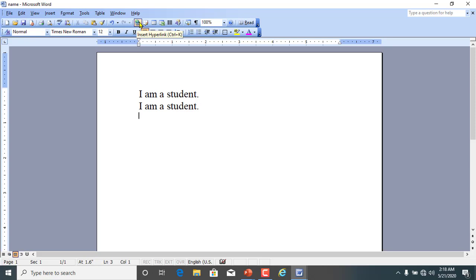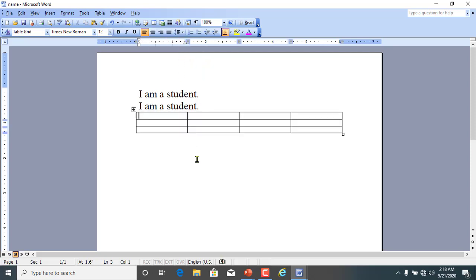In the same way, you can use this insert hyperlink icon and then you can use the insert table icon, and you can see that different options for rows and columns appear. Select a table of different rows and columns and this table will be inserted here. You can write numeric data or text data in this table as you require. In this way, we applied all the commands which are available in the standard toolbar.